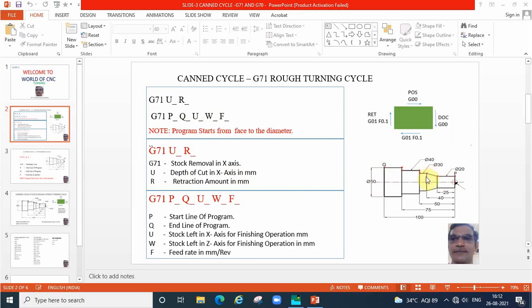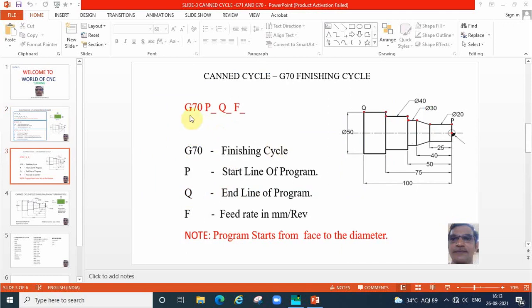To get a better finish, we have to leave some stock throughout the surface on both the X and Z axes. How many mm we are leaving, we have to mention; that is U and W. Simply we can say 0.2 mm, W also 0.2 mm. Both axes we are leaving 0.2 mm stock. That will be removed during the next cycle, the finishing cycle G70 operation.